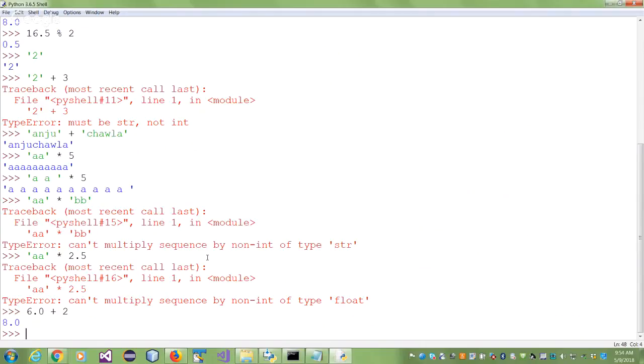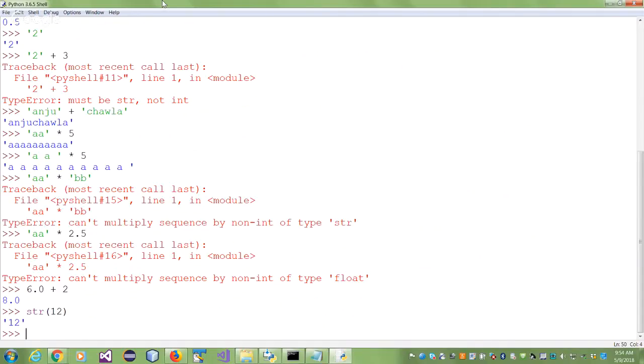But again, we cannot add a string and a number. Either we can concatenate two strings or we can add two numbers, okay? We can't mix and match. So what can we do now? Let's see. So you've seen the print function. Now I want to show you three more functions: the int function, the float function, and the string function. If I take the string function, str, and I want to convert 12 into a string, 12 is an integer, this is what it becomes. The 12 is converted into a string, right? You can convert anything into a string.